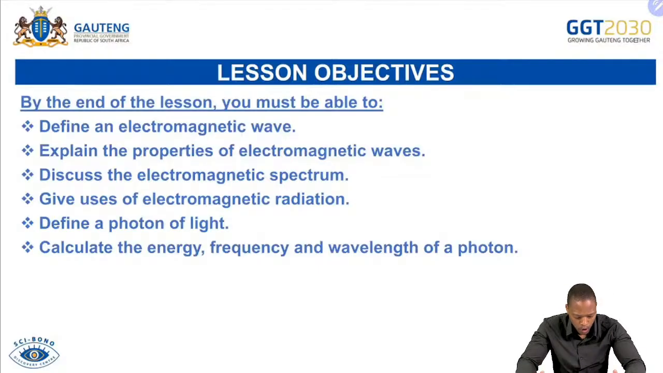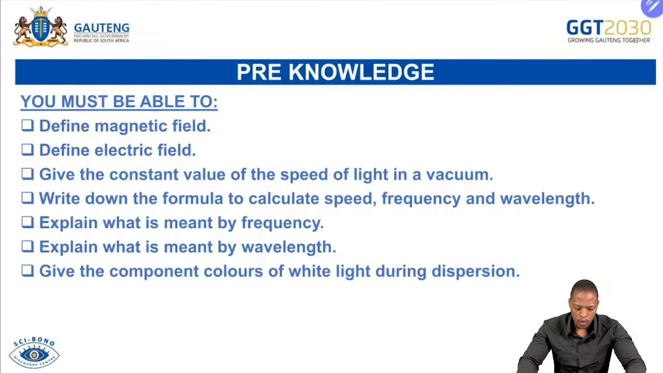We should also be able to define what a photon of light is. And also we must be able to do calculations where we are calculating the energy of a wave, frequency, and wavelengths. All right. So we want to look at certain things that we're supposed to know when coming into this lesson, things that maybe we have learned in a previous grade or even in grade 10. So our pre-knowledge that we must come with in this lesson, grade 12, is we are expected to be able